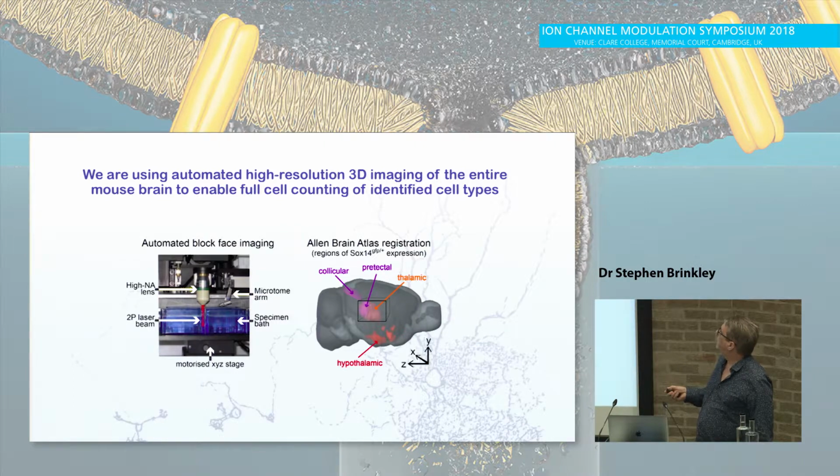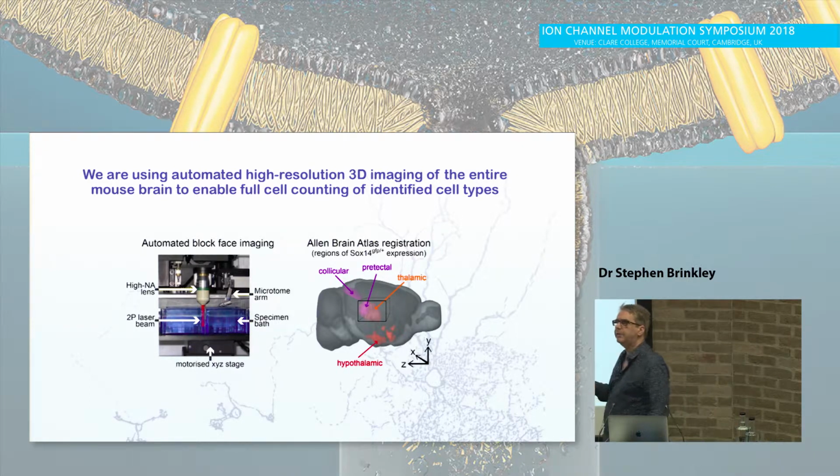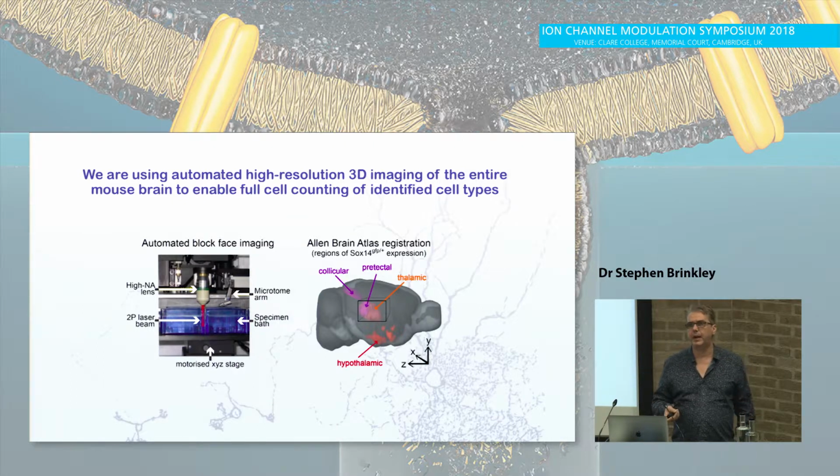We're using, first of all, we want to image the brain, and we're using what's called a TissueCyte system, which is an automated block face imaging system. The Allen Brain Atlas use a lot of this. They've got 8 of these machines. There are 2 of them in the UK, and we're fortunate that we've got one at Imperial College as part of the Centre for Neurotechnology, which is an EPSRC-funded initiative.